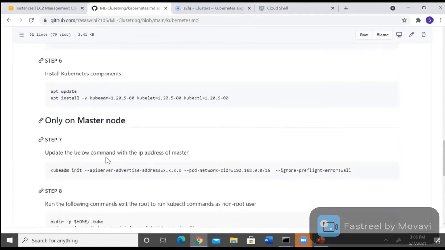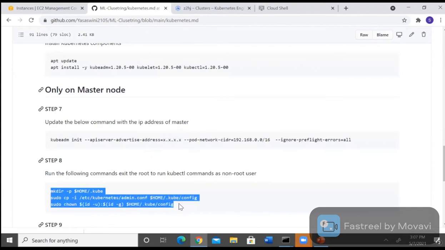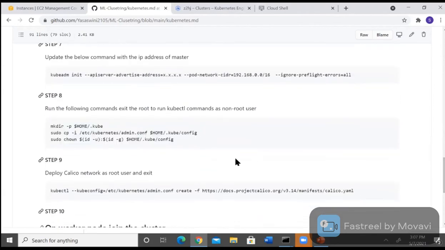So the next step is run only on the master node, that is kubeadm initialization. So you need to replace the IP address with your master node IP address. And after that, you will obtain an output which will be used in the worker node to connect to the master node to make a cluster. So you need to run all these commands as non-root user so that you can run kubectl commands as non-root user. So after that, you need to run these